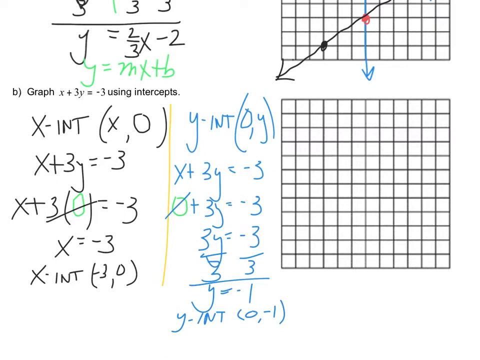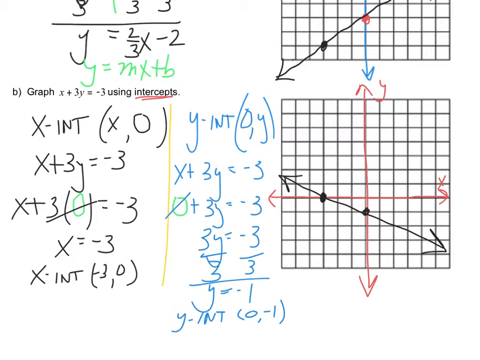So how that helps me is I just come right over here to my graph. And normally we've been saying you need to have at least 3 points. Well, this is the one example where you don't need 3 points. If you're going to use your intercepts to complete your graph, those are two very special points. So if you're going to use the intercepts for your graph, you're okay with just the 2 points. So let's just plot. My x-intercept was at negative 3, 0. So it's sitting right there. My y-intercept is at 0, negative 1. And if I just draw a line,